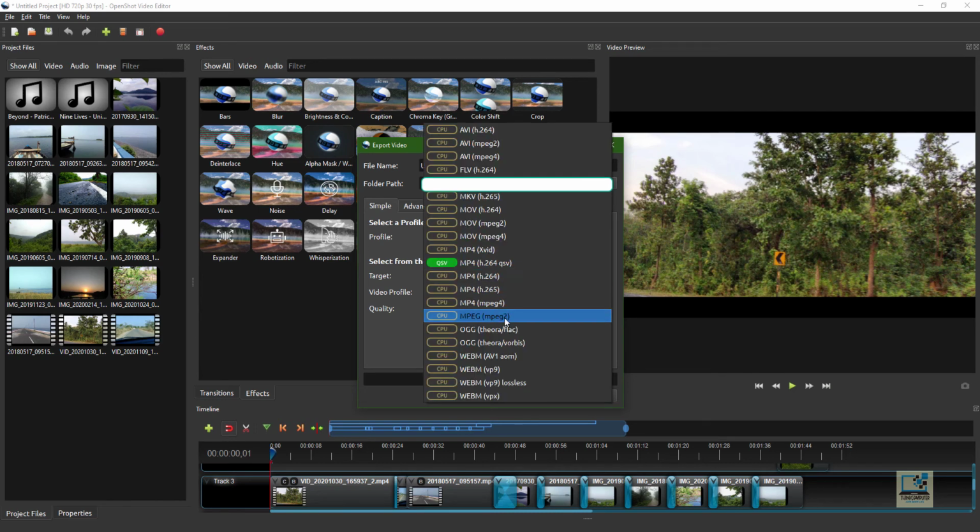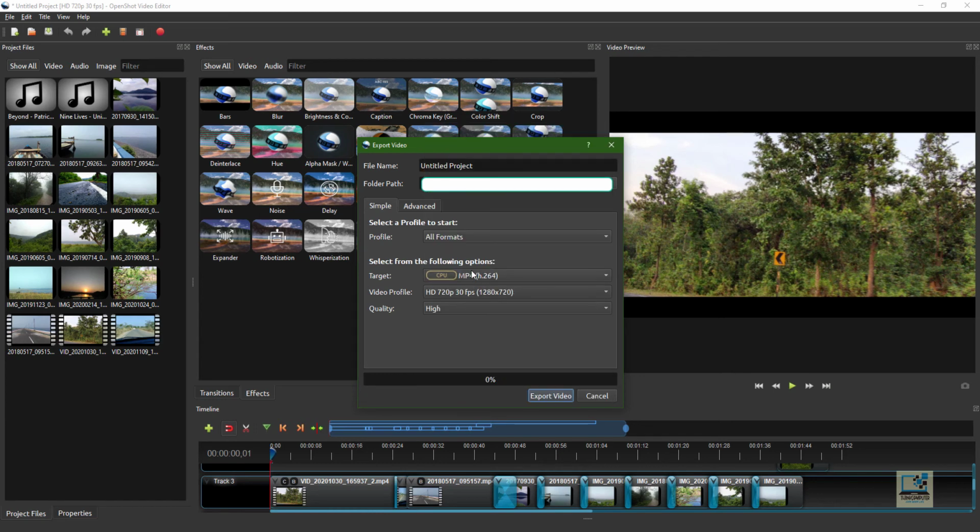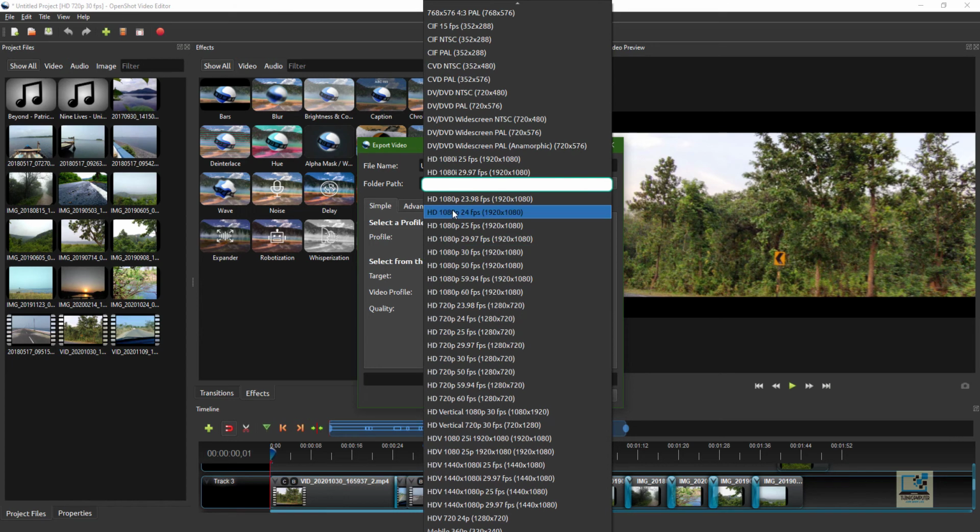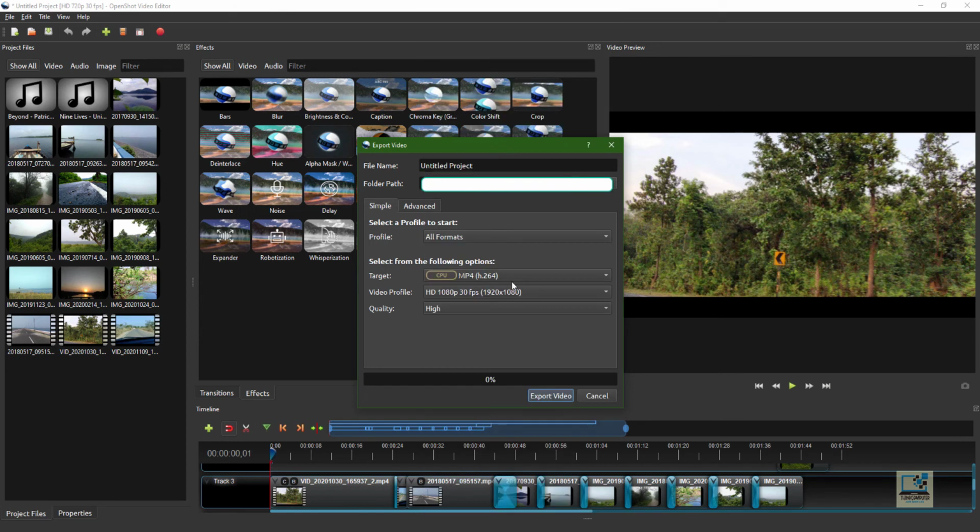And then the video extension which you want, normally we keep it in the MP4 format only. Nowadays we also have this 265 codec which you can use. Let's keep it in 264 only. Then the resolution of the video, let's keep it in full HD, as we had the project profile in full HD, and the quality you can decide. Let's keep it in high quality only, and click on the export option.